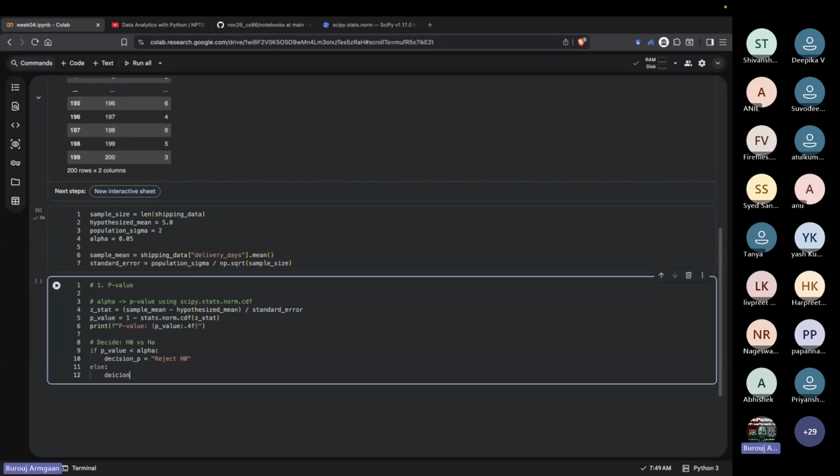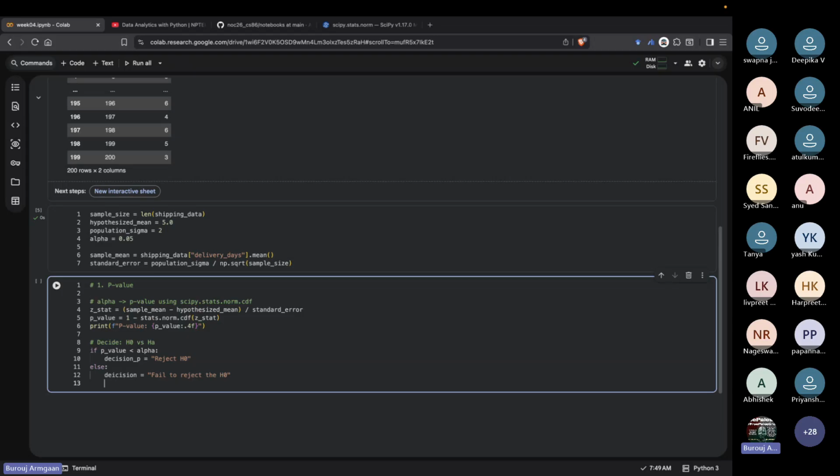Otherwise, your decision would be to fail to reject the null hypothesis. Notice we don't say that we accept the alternate hypothesis. We just say that we don't have enough evidence to reject the null hypothesis. So if we run this,